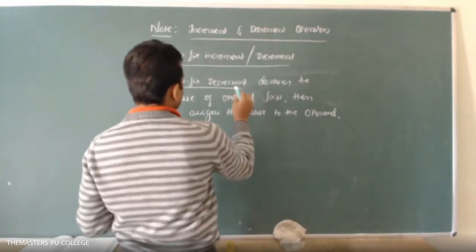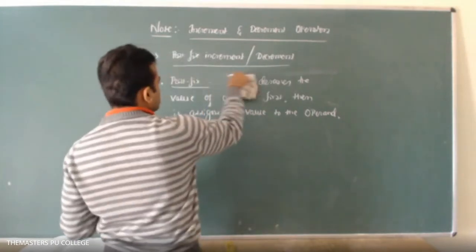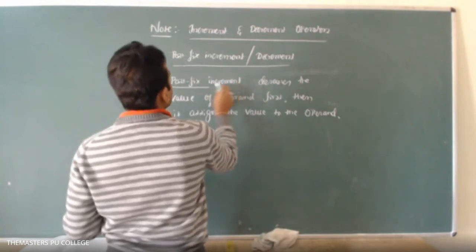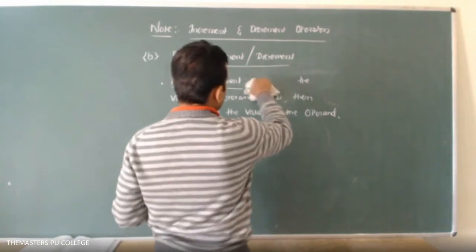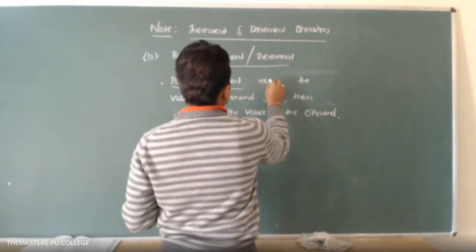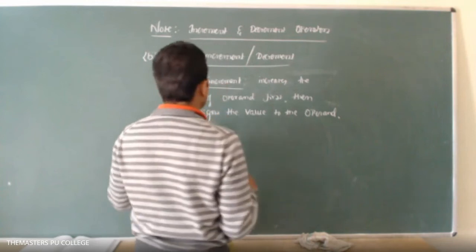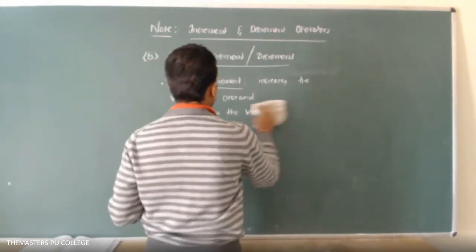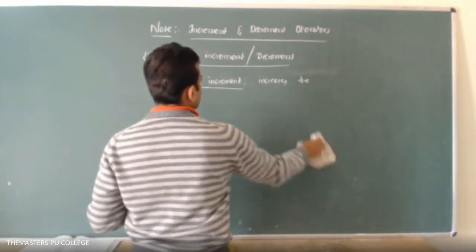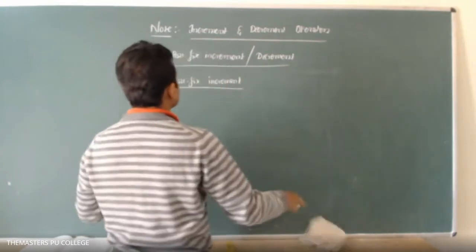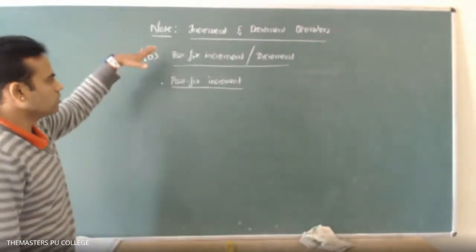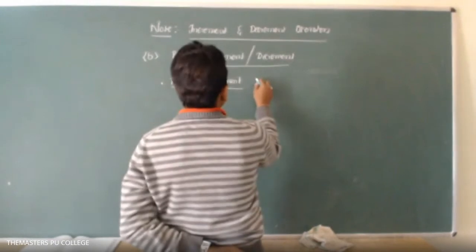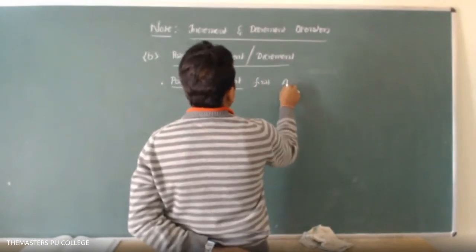Right? Postfix increment. First, we will take postfix increment. It increases the value of the operand. Okay, put the heading: postfix increment or decrement. Postfix increment first assigns the value